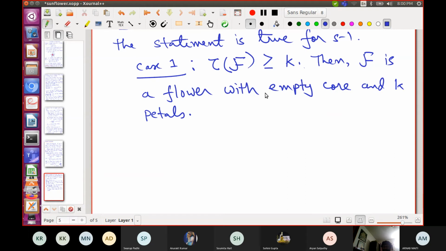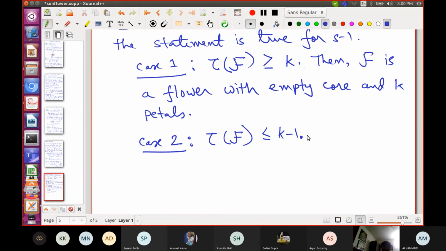Remember that F is a flower with core Y and k petals if the blocking number of F sub Y is at least k. Here, empty core means the blocking number of F sub empty set, which is the blocking number of F itself, is at least k. The more interesting case is where the blocking number of F is strictly less than k, so it's at most k minus 1. What does it mean?